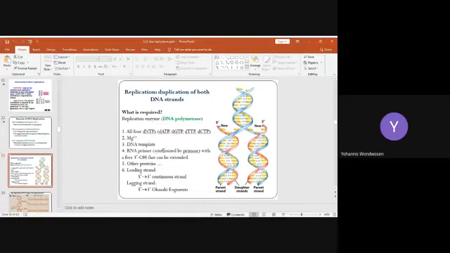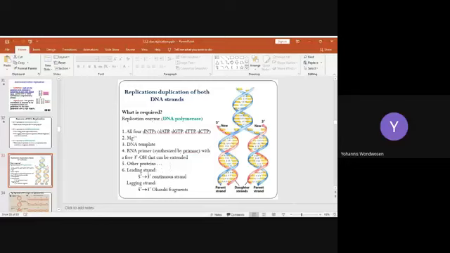It can be used to provide the 3 prime OH group for starting the synthesis of the new DNA strand. Based on that, synthesis proceeds from the 3 prime OH. After DNA chain synthesis is finished, the RNA primer is removed from the DNA strand. There are also other proteins that